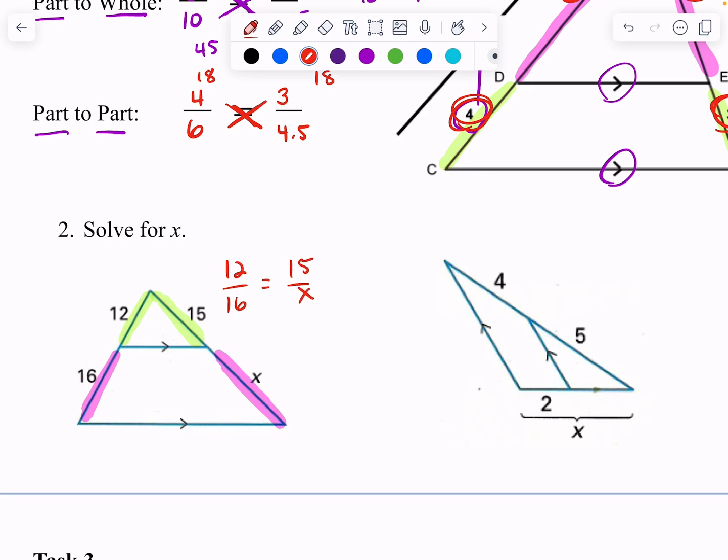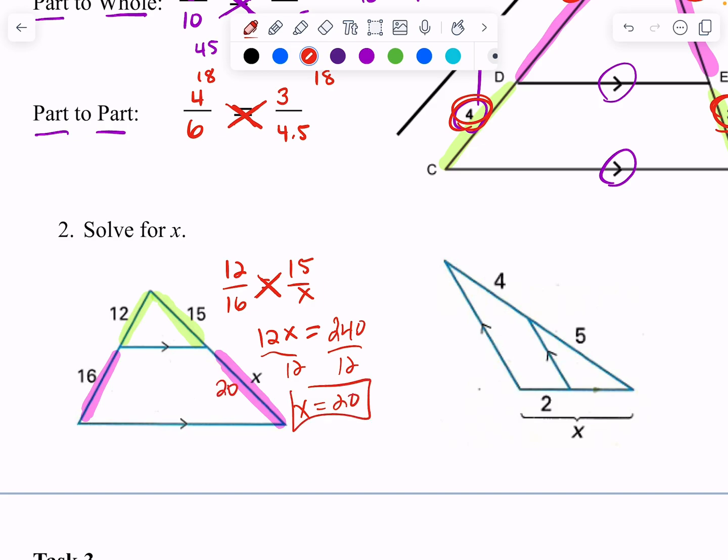There are lots of ways that you can set up this proportion. You just need to make sure that you keep things consistent. So then when we do this, we would multiply across here, and then we would multiply across the other way, right? So we get 12x is equal to, sorry, I don't have this off the top of my head. 15 times 16 is 240. And then I would divide by 12, and I get x equals 20,